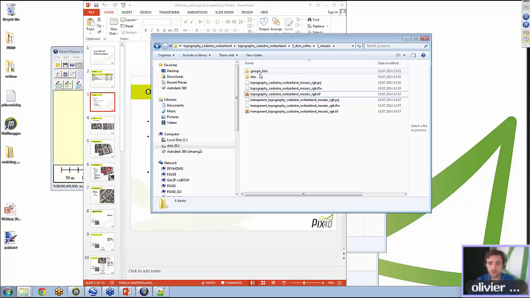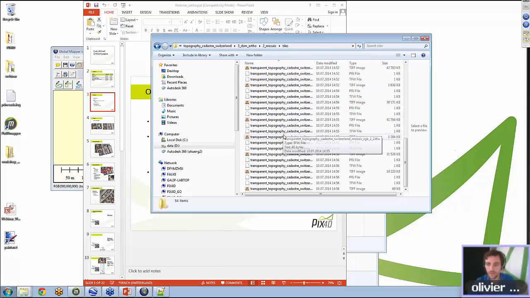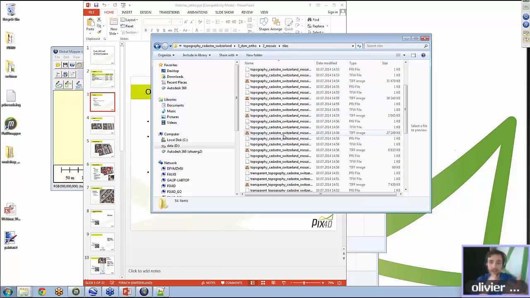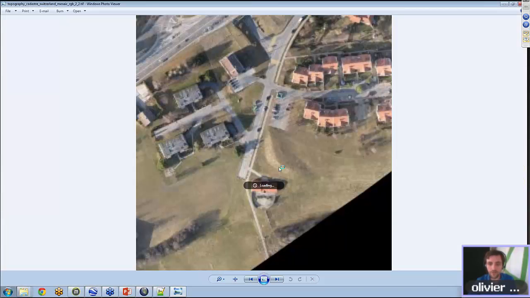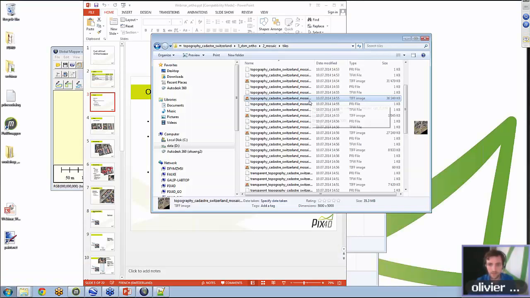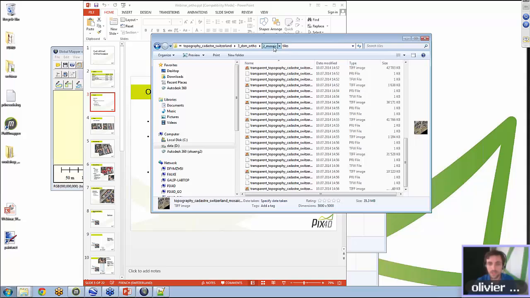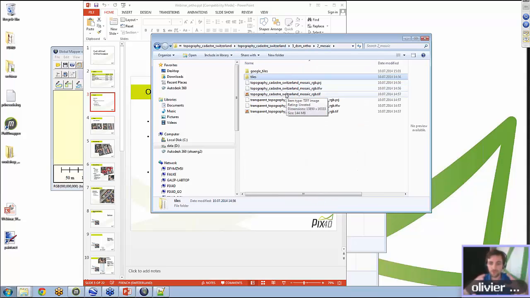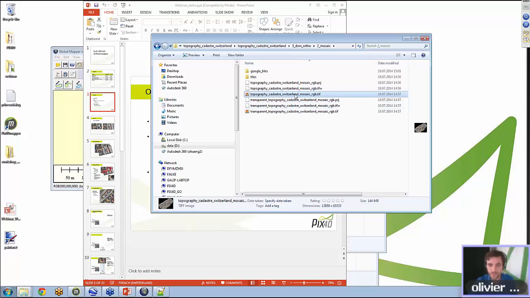In addition, you also have a folder called tiles. This tiles folder is actually a tiled version of the final mosaic that you had in the root folder. And each little part is a subset of 5,000 by 5,000 pixels of your orthomosaic. They are used during the processing to generate the orthomosaic, and only at the end, after all of them are created, there's an additional process which will merge them together in one single file that you can find here. Once this is done,